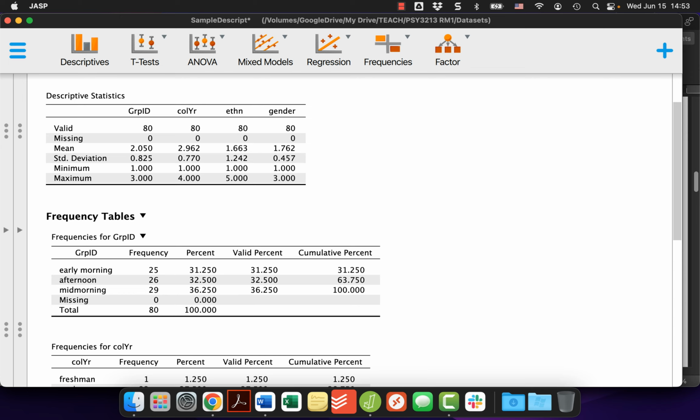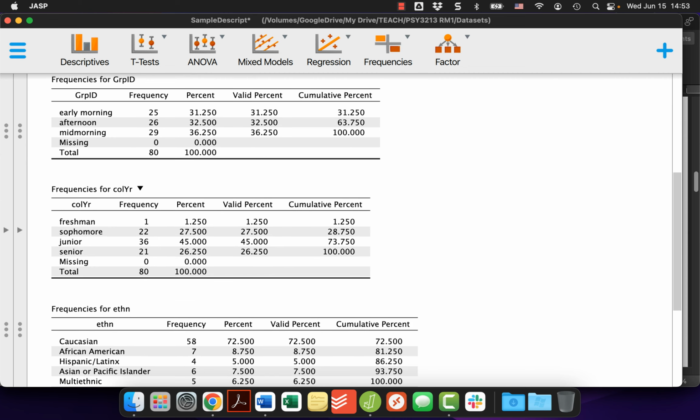25 students were in the early morning class, and that represented, if you round to one place, 31.3% of the sample. 32.5% of the sample was in the afternoon class, which was 26 students, and 36.3%, 29 students, were in the mid-morning class. That's exactly the information you want to tell your reader regarding what class the sample was representing. See what I mean? Let's take a look at